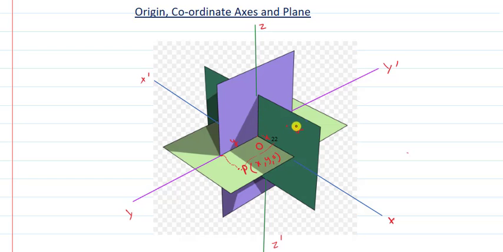Similarly, if any point Q is lying on zx plane, then its y coordinate will be 0. And similarly, if the point R is lying over here in yz plane, then its x coordinate will be 0. But if the point is lying somewhere in space, that is, it has distance from x-axis, y-axis as well as from z-axis, then the coordinates will be (x, y, z). So similarly, we can calculate the coordinates of any point in any of the planes.